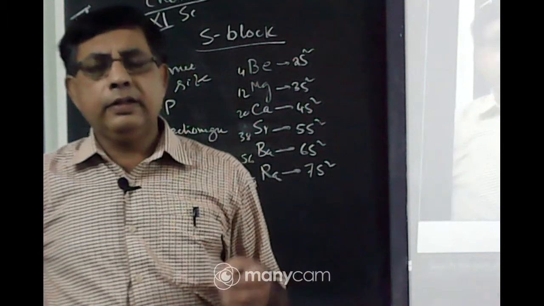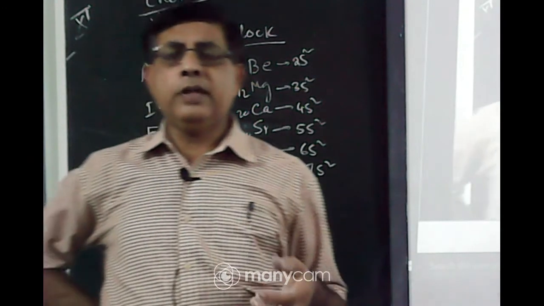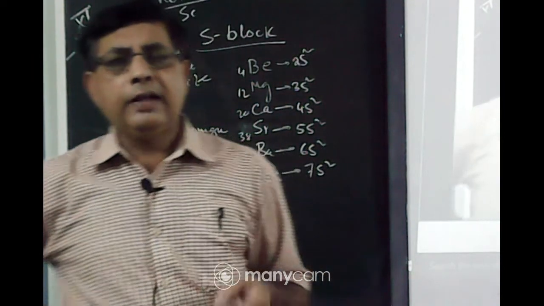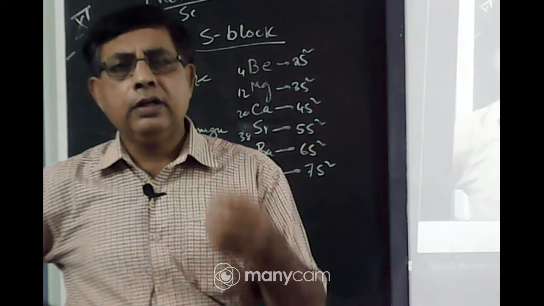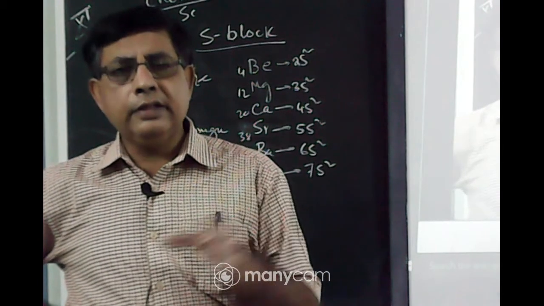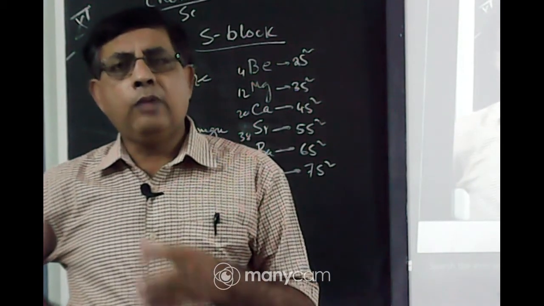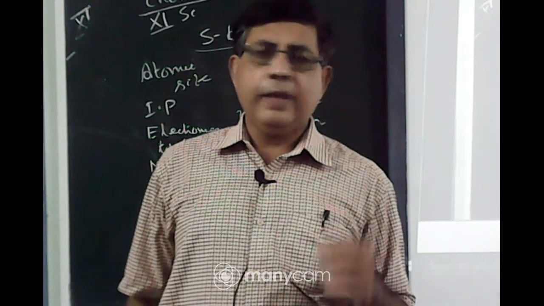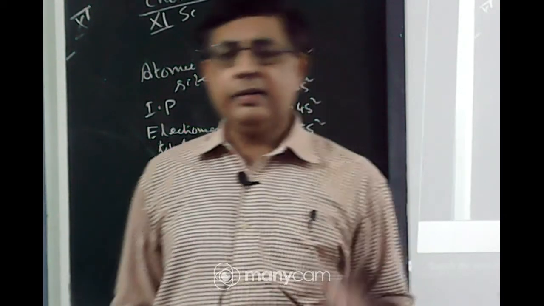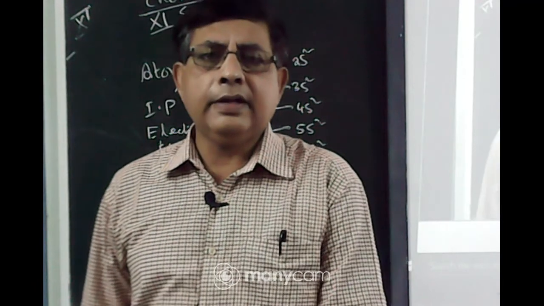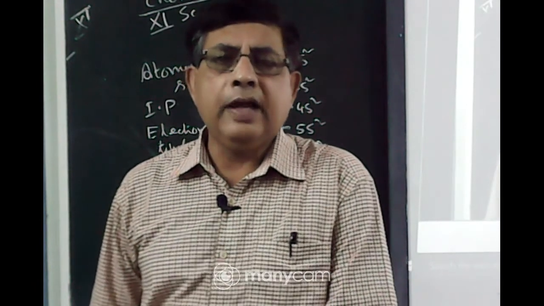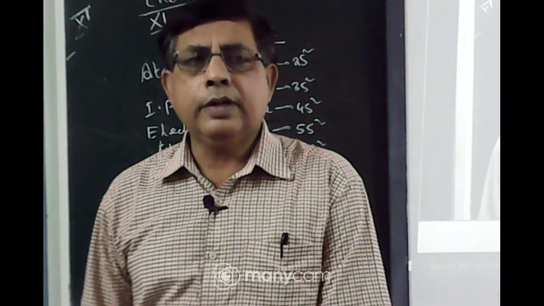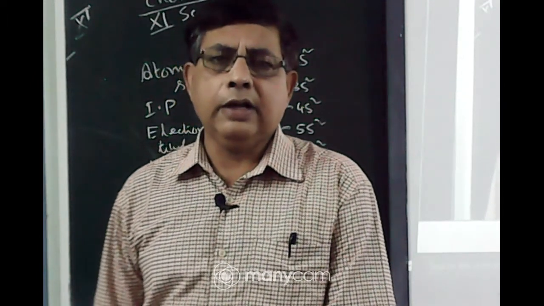So the ordinary heat energy of the flame is sufficient to excite their electrons from a lower shell to a higher shell, and when the excited electron comes back to the ground state, it releases some energy in the form of radiation. So color is obtained. Beryllium and magnesium give no flame color, calcium gives a brick red color flame, barium gives an apple green color flame, and strontium gives a crimson red or pale violet color flame.